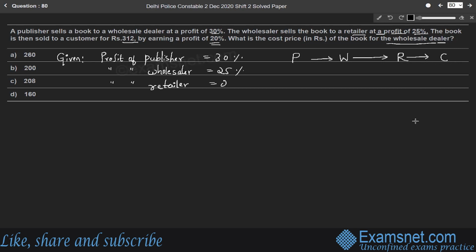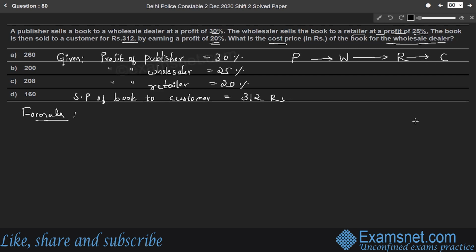And the selling price of the book to the customer is equal to 312 rupees. So here we have to find the cost price of the book for the wholesale dealer. For that we are using the formula